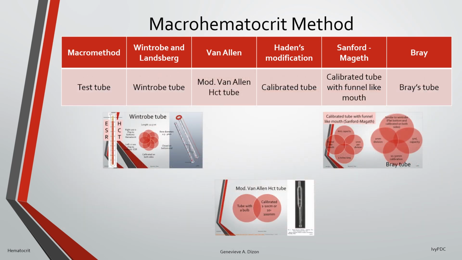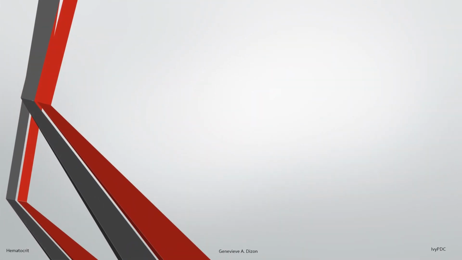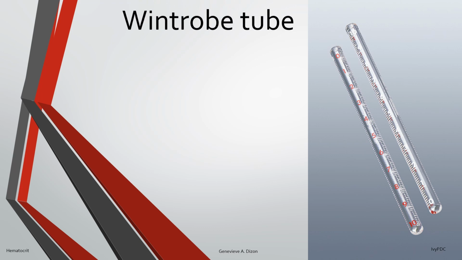The test tubes in each of the methods are responsible for the method's uniqueness. So, on the next slides, we will be differentiating the different test tubes used in the different methods. The first tube to be described under the macro methods would be the Wintrobe tube, used for the Wintrobe and